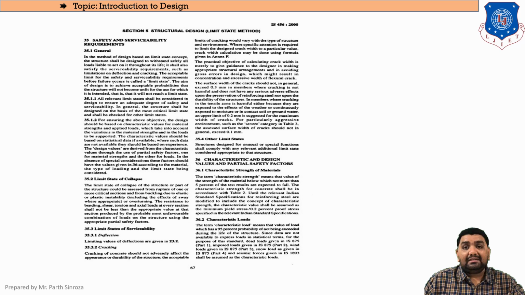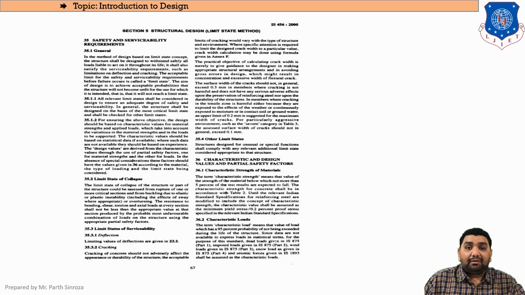So for that case, we are using a term that is called factor of safety. If a load X is applied on a component or a structural member, then what we are doing is multiplying it by the factor of safety. Let us say the factor of safety is 1.5. So the final load that we will be using for the design purpose will be 1.5X.